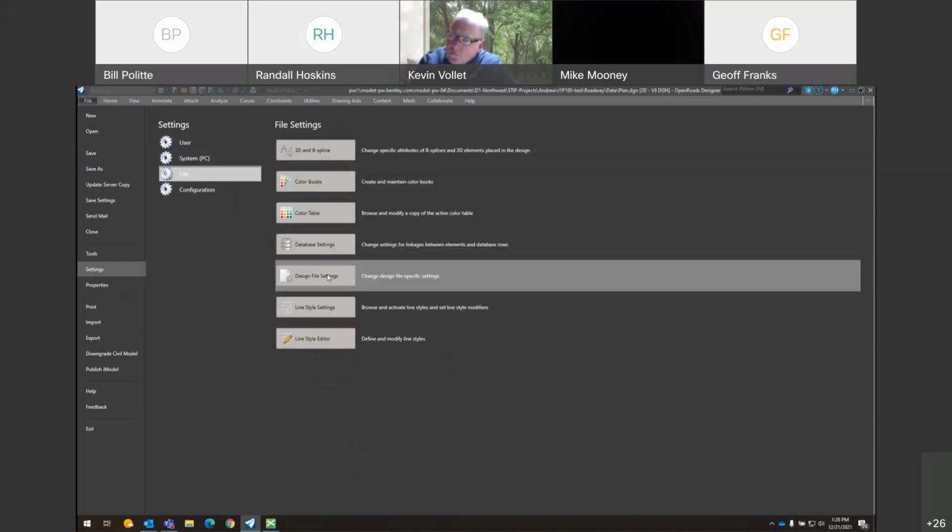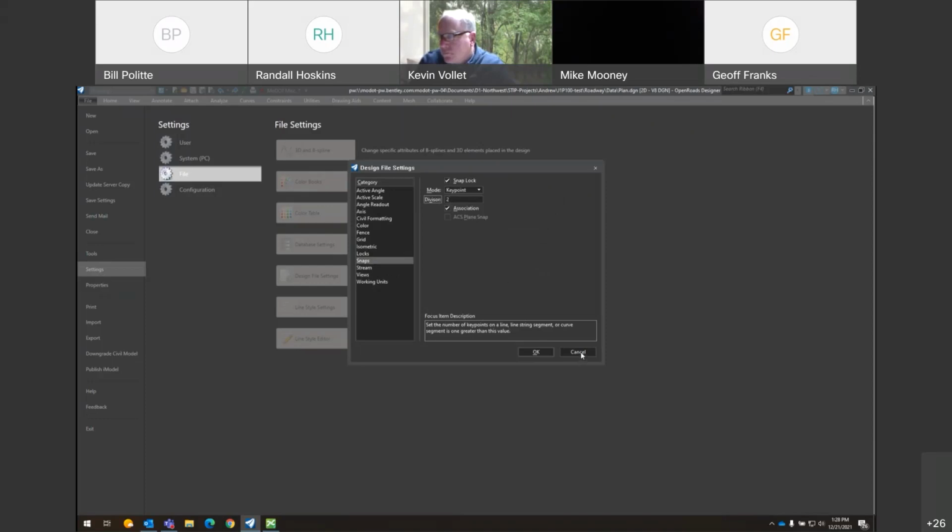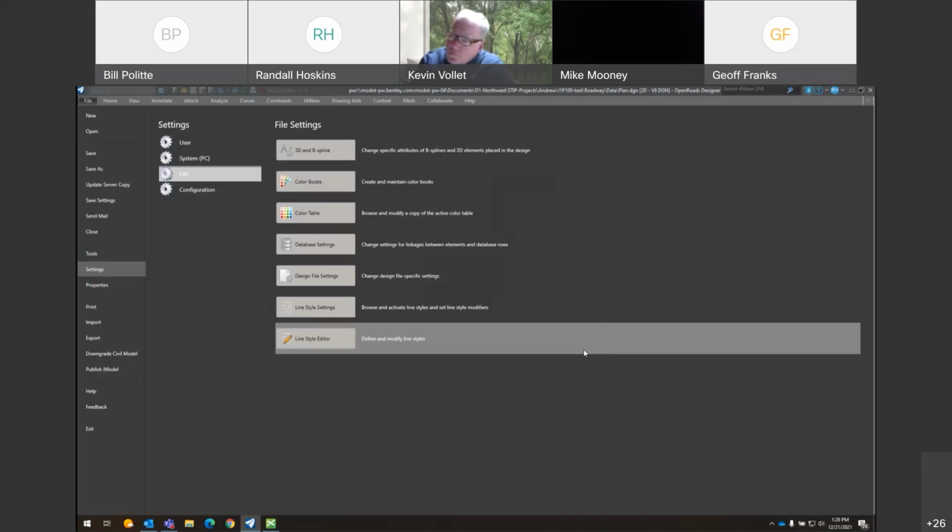The big one under here are the design file settings. So it's file based. Of course, you can always go in and change, we've shown this hundreds of times, your angle readout. Maybe you want to change your snapping from a divisor of 2 to 3. You have that option as well. So that's kind of where you find most of your settings.